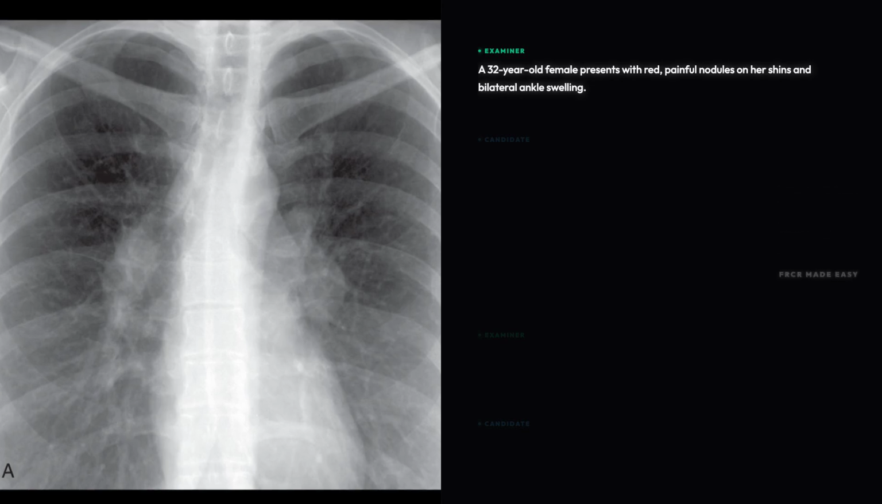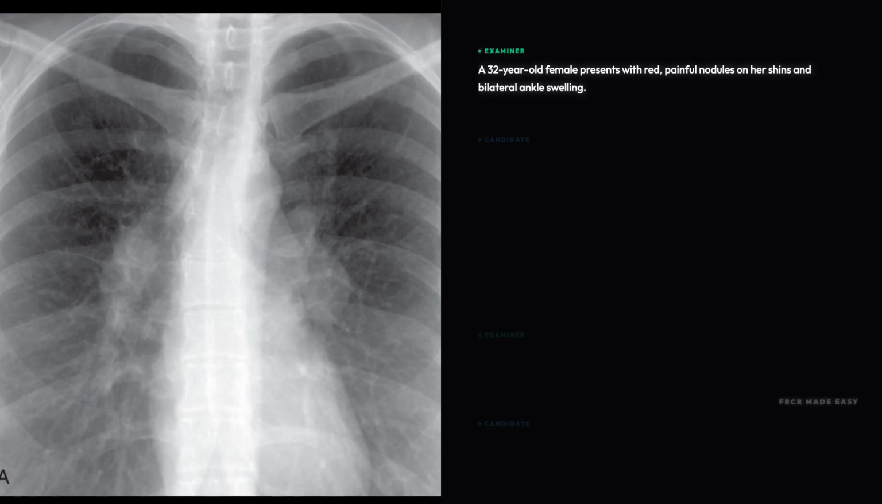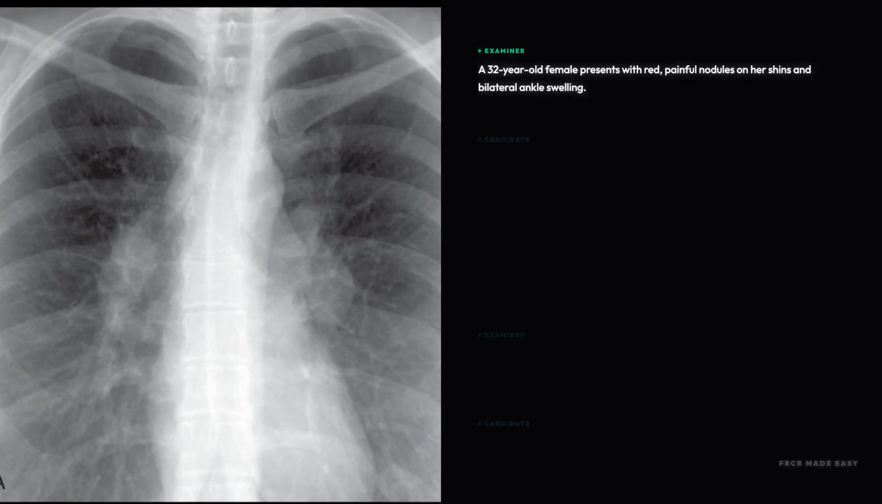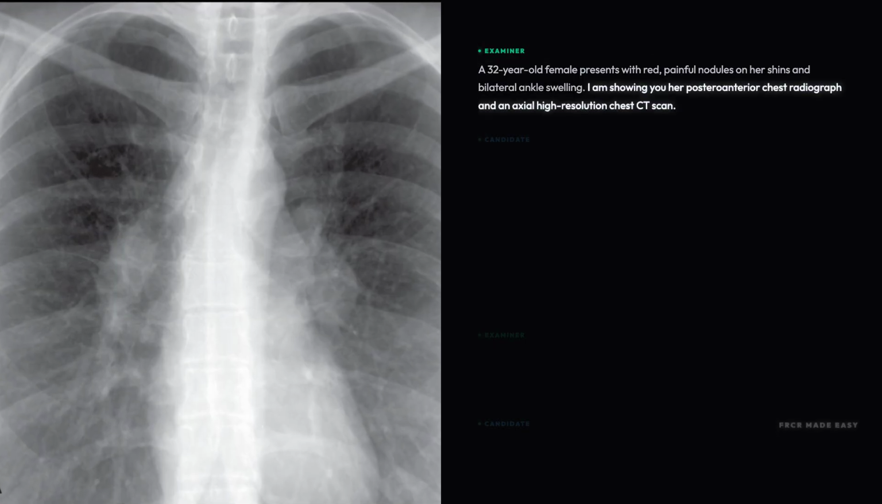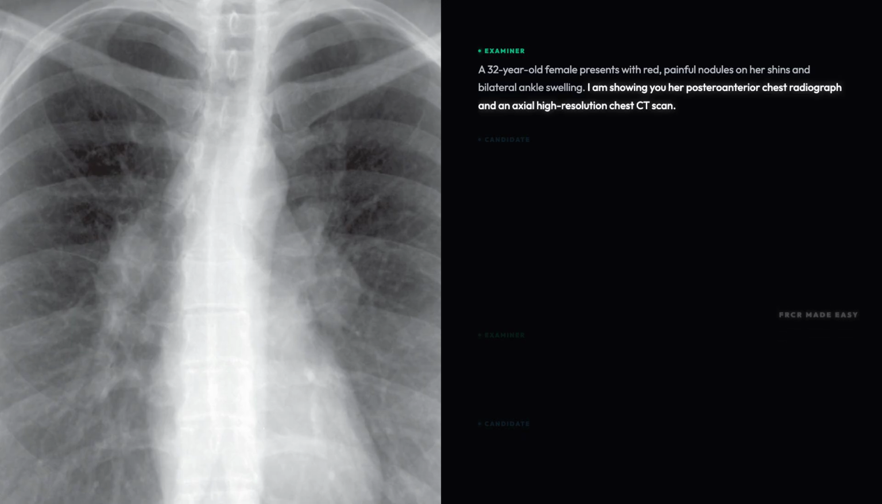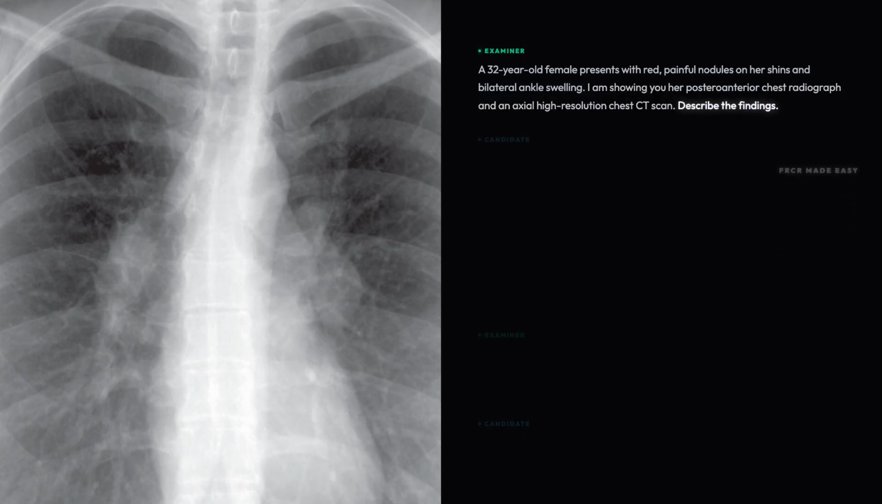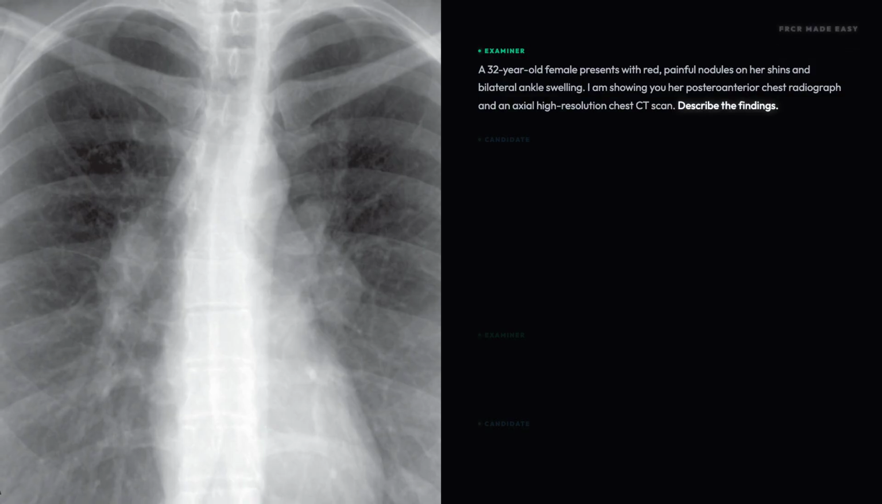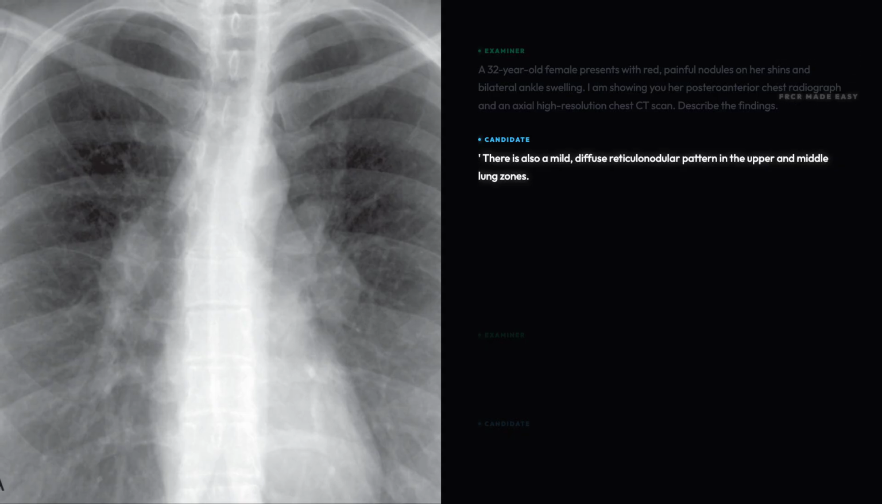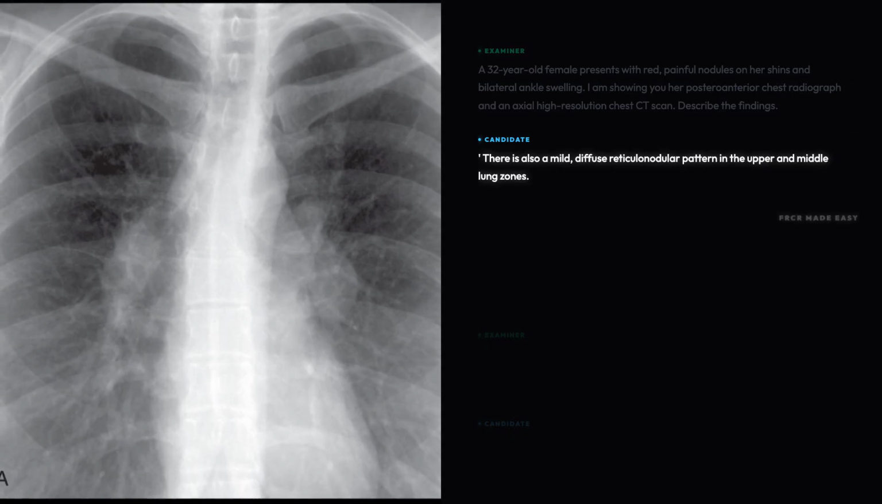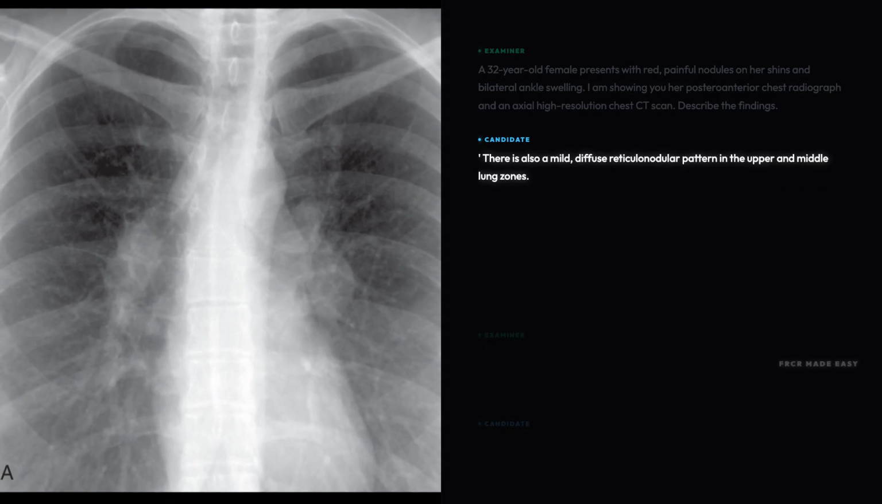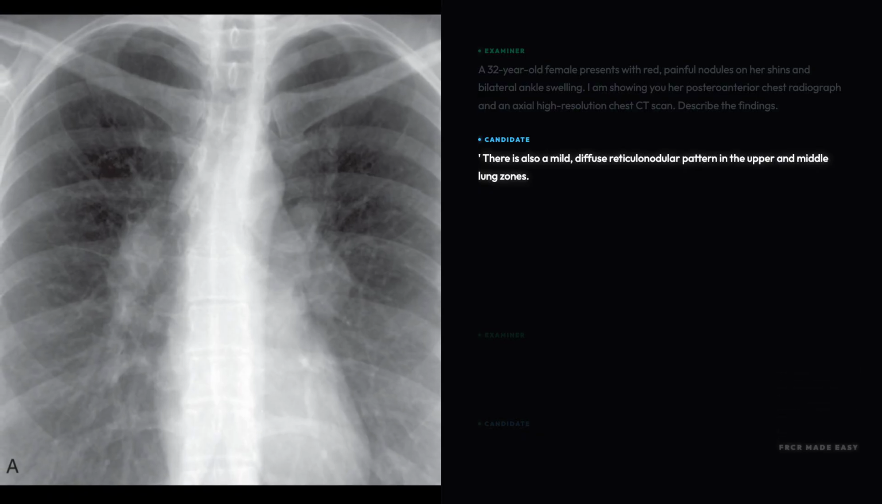A 32-year-old female presents with red, painful nodules on her shins and bilateral ankle swelling. I am showing you her posteroanterior chest radiograph and an axial high-resolution chest computed tomography scan. Describe the findings. The chest radiograph demonstrates bilateral symmetric hilar lymph node enlargement, along with right paratracheal lymphadenopathy, representing the